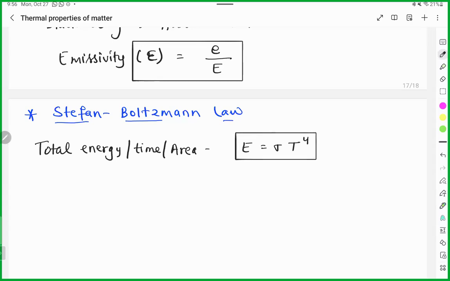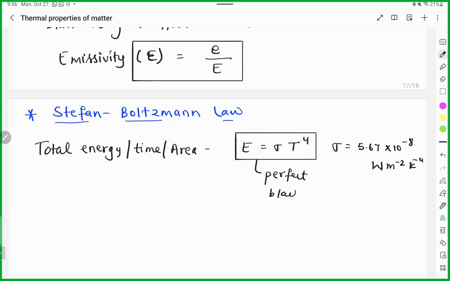This is the Stefan-Boltzmann constant, and this lambda value is equal to 5.67 into 10 raised to power minus 8 watt per meter square per Kelvin to the power minus 4. Okay, this is for the perfect black body,